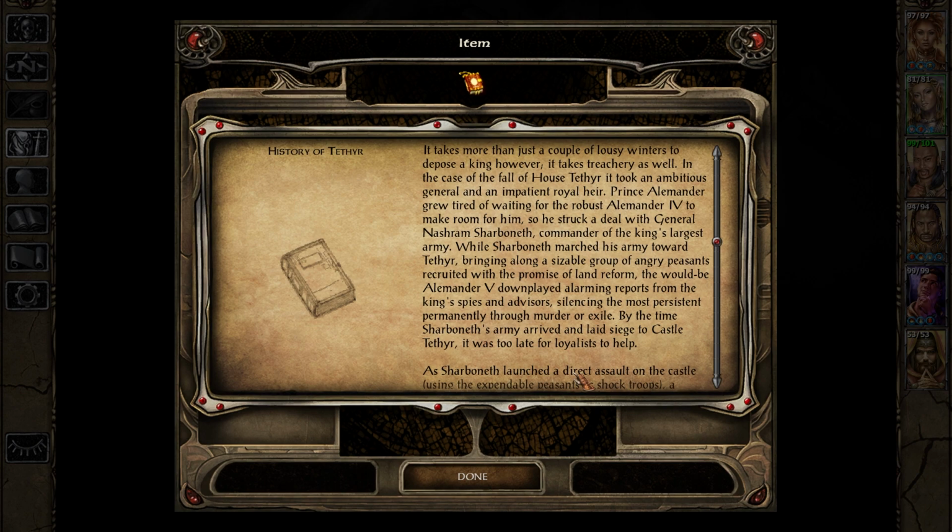Prince Ilmander grew tired of waiting for the robust Ilmander IV to make room for him, so he struck a deal with General Nashram Sharboneth, commander of the king's largest army. While Sharboneth marched his army towards Tithir, bringing along a sizable group of angry peasants recruited with the promise of land reform, the would-be Ilmander V downplayed alarming reports from the king's spies and advisors, silencing the most persistent permanently through murder or exile. By the time Sharboneth's army arrived and laid siege to Castle Tithir, it was too late